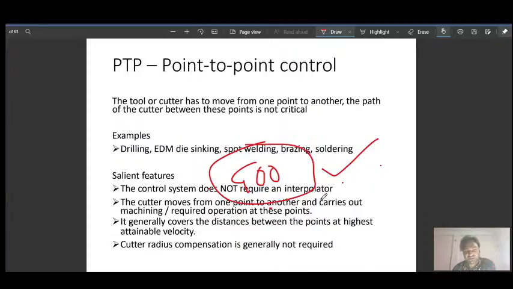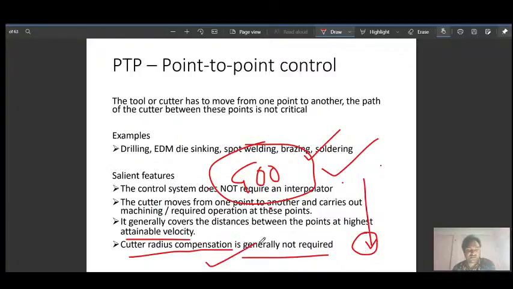So if you are using point to point, you will always see G00 code, and that means the tool moves from one point to another point at the highest possible speed. Cutter radius compensation is generally not required because the tool has to work at a specific point, so the tool goes directly to a location. So no question of cutter radius compensation.